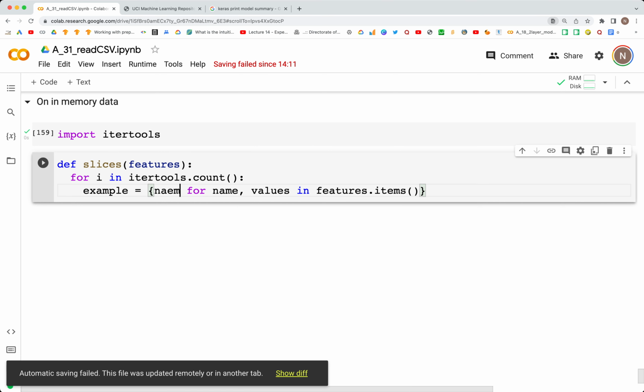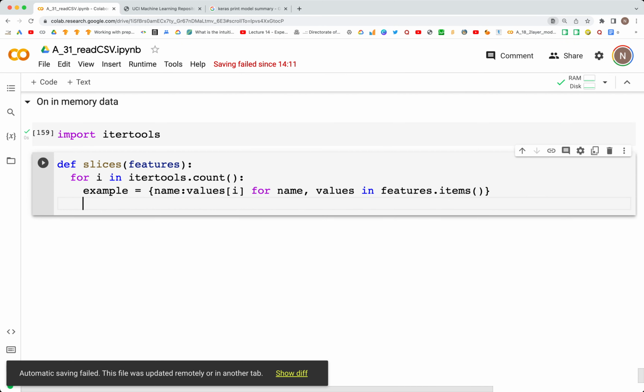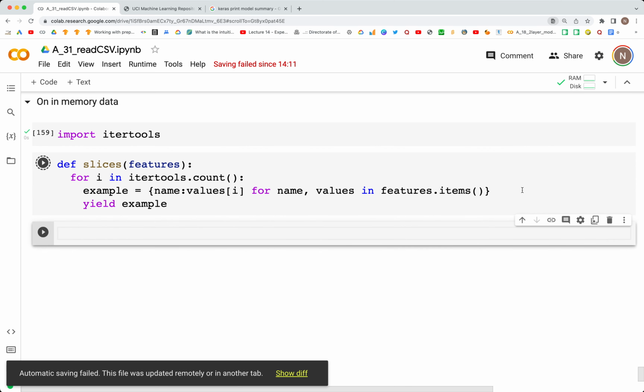So we'll take name, and so all the names, and each iteration will get a name, and we are going to pick the ith value from that, and then we are going to yield example. Now when we use that function right here, for example, in slices, and we pass in the dictionary